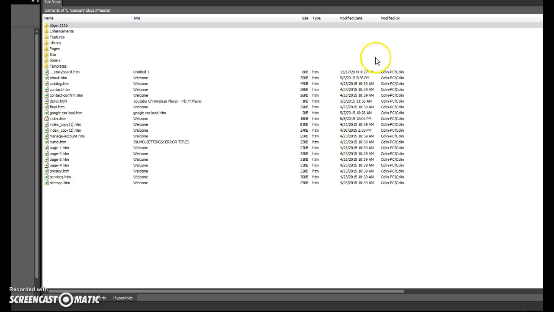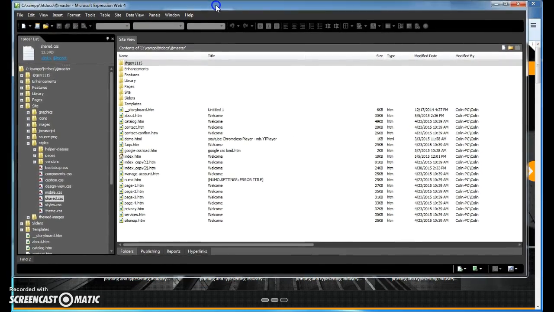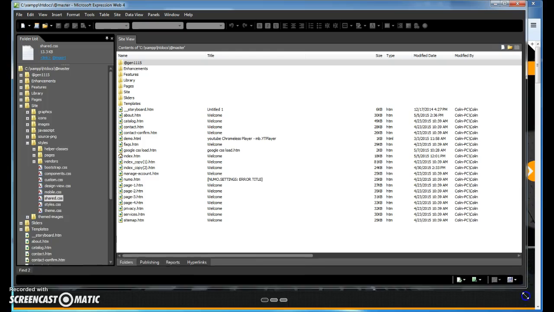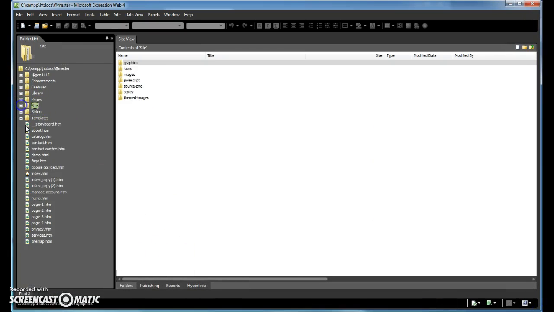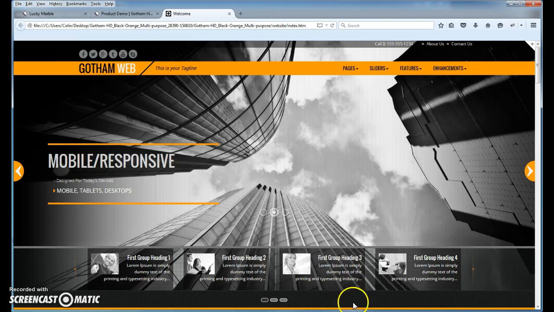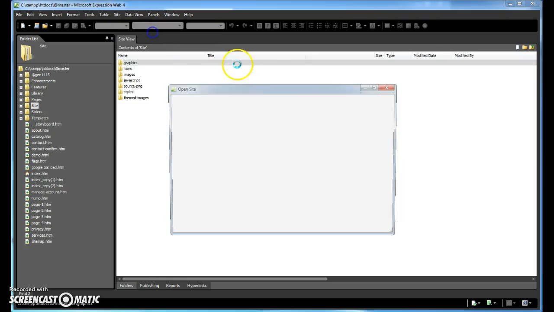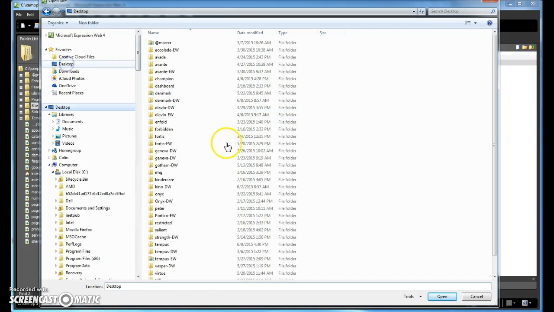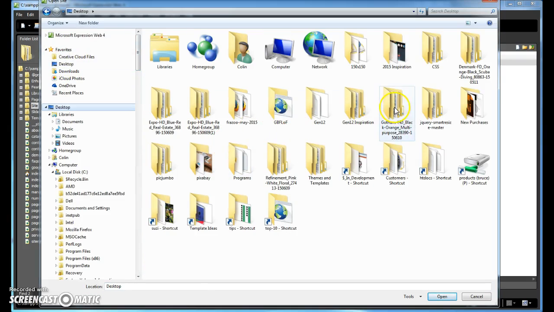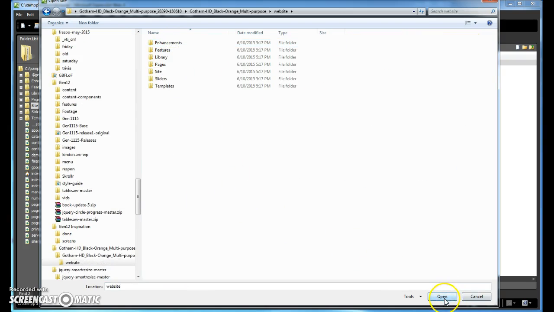I'm going to open up Expression Web. I'm going to go and open your site now. Okay, at this point I'm thinking, okay, well, let's open up the site first. So site, I'm going to go open site. I'm going to go to the desktop. And where is it? Gotham, there it is, and here's the website folder. I'm going to open,